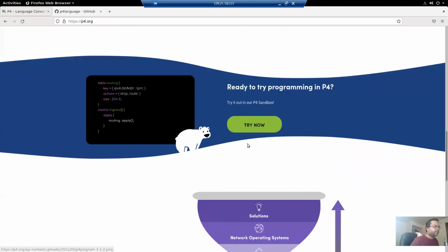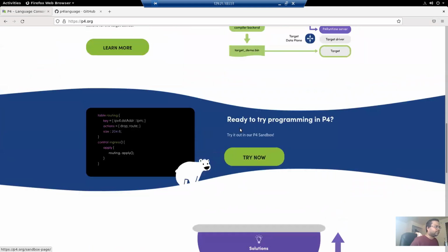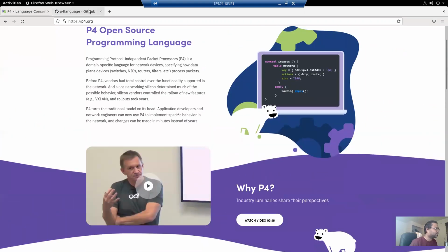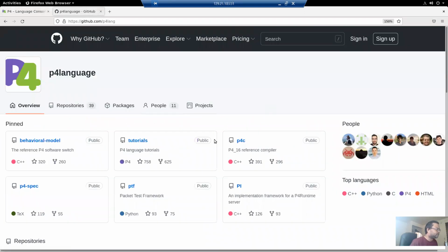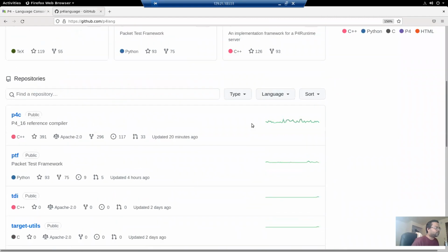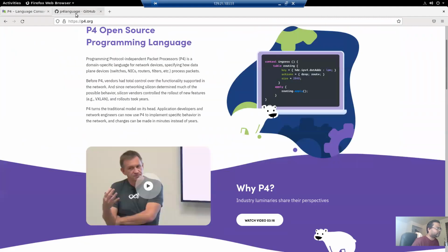It's a very good website to get started with the hardware, software, and the whole P4 ecosystem and tutorials. There are dedicated repositories for the behavioral model, that is your software data plane, tutorials, compilers, and some specifics. So these 2 are really great resources to learn about the P4 programming language and programmable data plane in general.